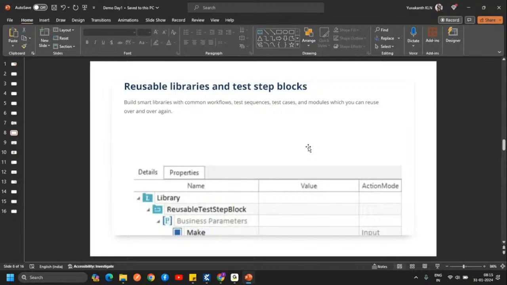At that point of time, we take advantage of the library: go to the library, borrow a book, read it, get the knowledge, put it back and get some more books. In a similar way, we can create libraries here with what we have developed in the modules. We can create the libraries and the test step blocks, and with their help we can reuse and create 100 to 1000 test cases in no span of time.